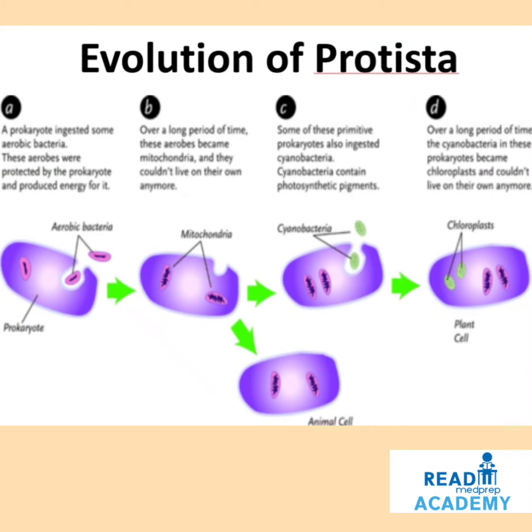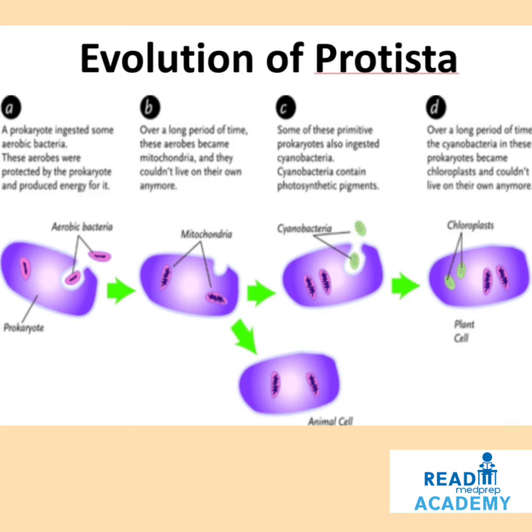Now, evolution of Protista. A prokaryote ingested some aerobic bacteria. These aerobes were protected by the prokaryote and produced energy for it. In B, you can see that over a long period of time, these aerobes became the mitochondria and couldn't live on their own anymore. So the cell containing the mitochondria developed into the animal cell,